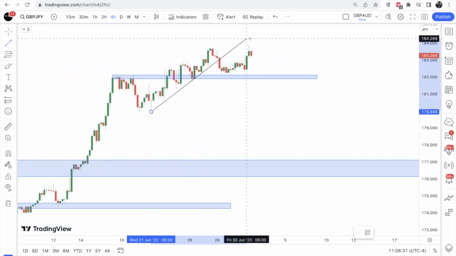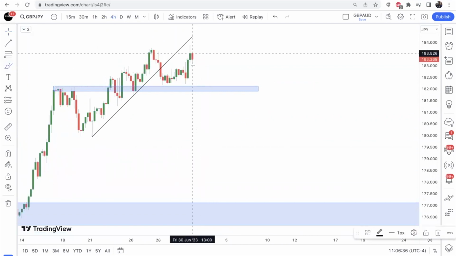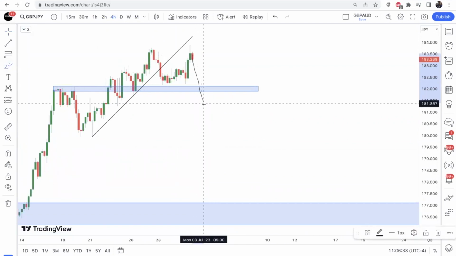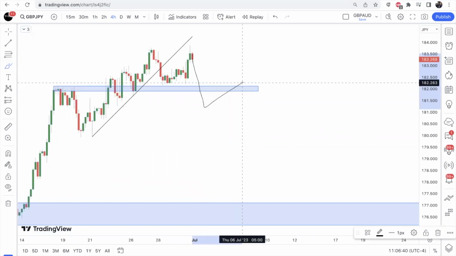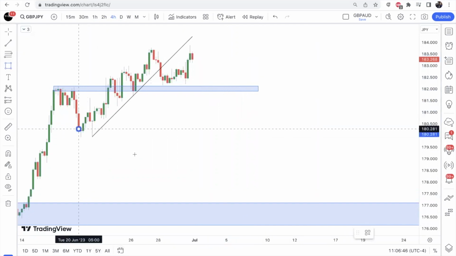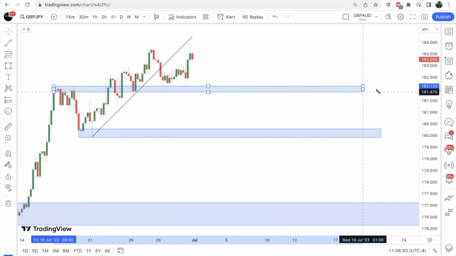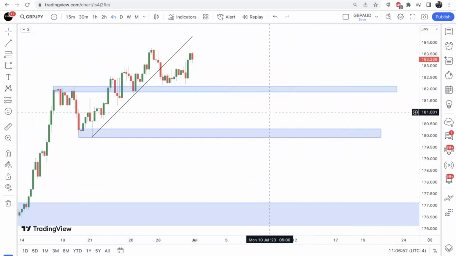The only way I would look for sales is if price comes down here sharply, impulsively, and breaks structure. If we get that, then I'll look for a pullback, maybe a retest, and look for the wave down, right? And on that wave down, I will be looking at this level, all right? But as of now, there's no reason to look for that because price is still bullish. But I would need to see a break of structure.